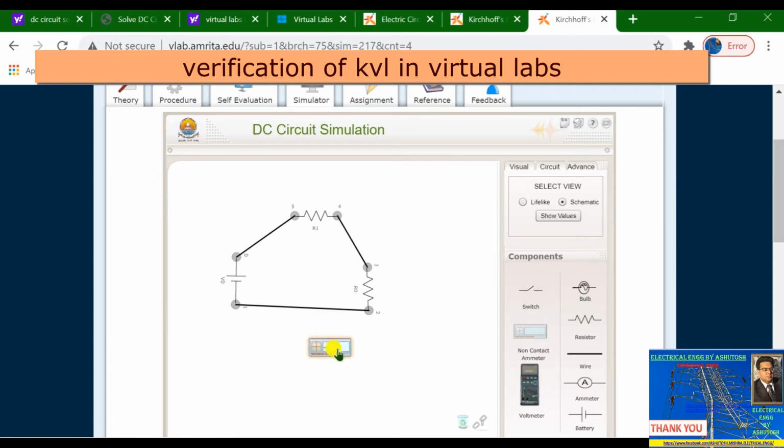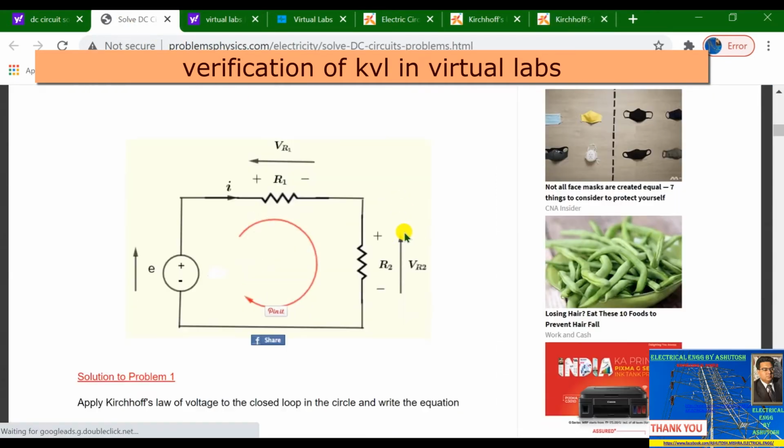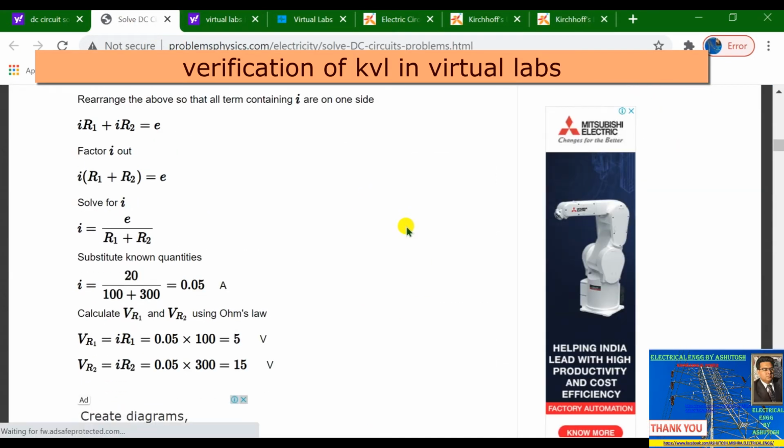Just make it touch the wire, so it will sense the current, 0.05 ampere. You can put this non-contact ammeter anywhere, and it will show the value 0.05 ampere. You can see the value of current in this numerical. What is I?